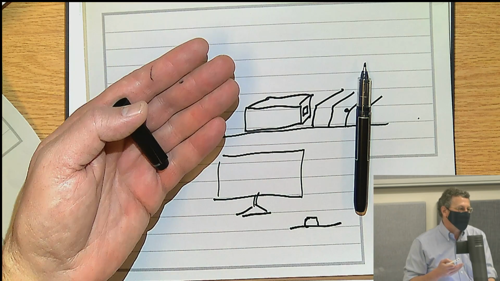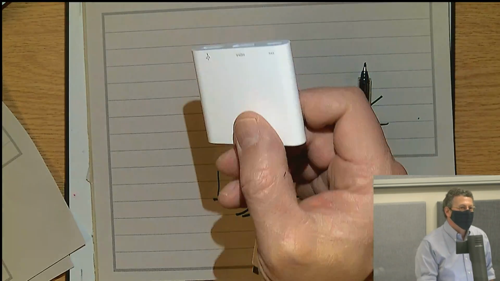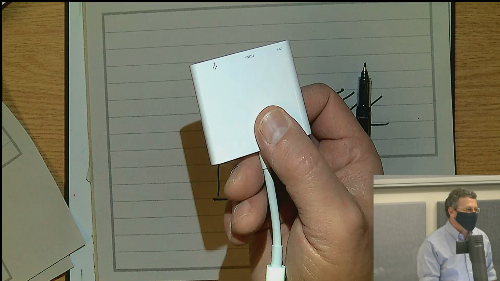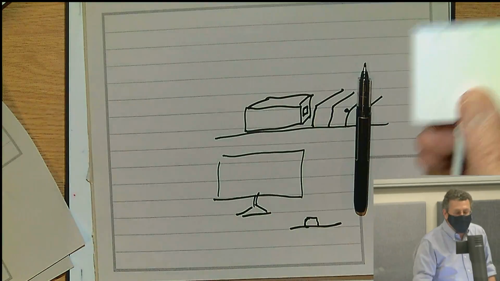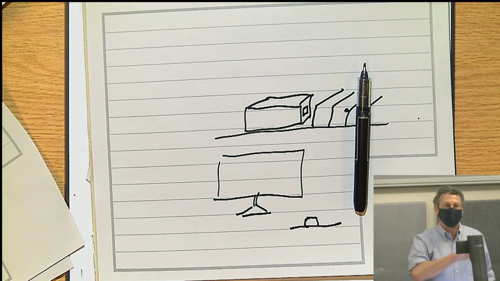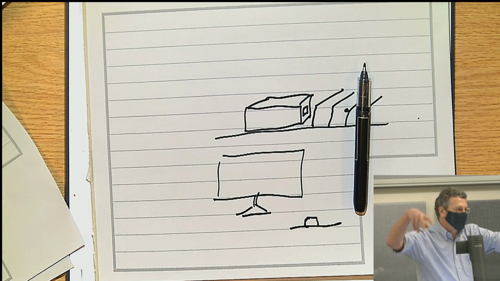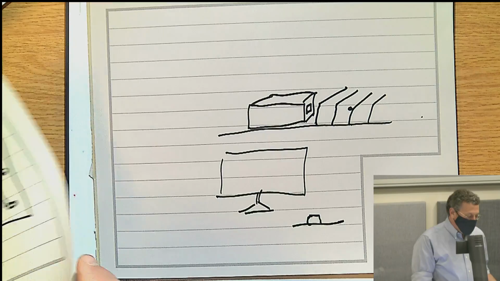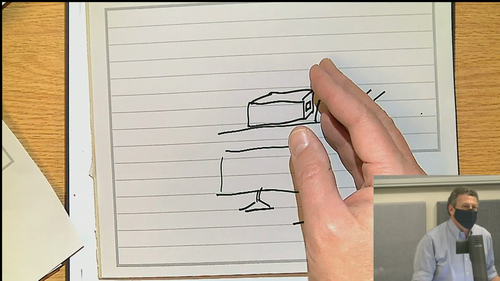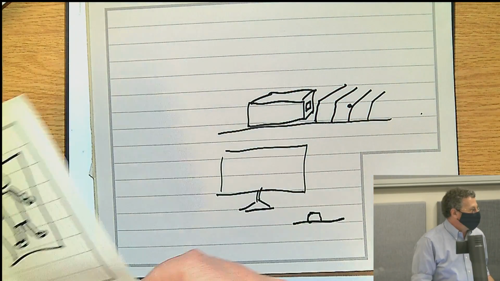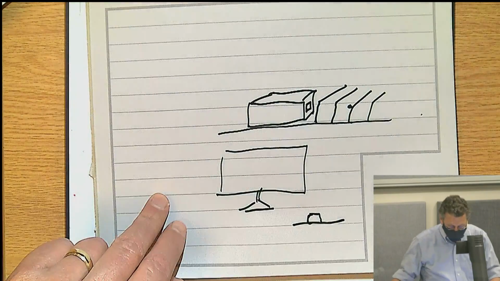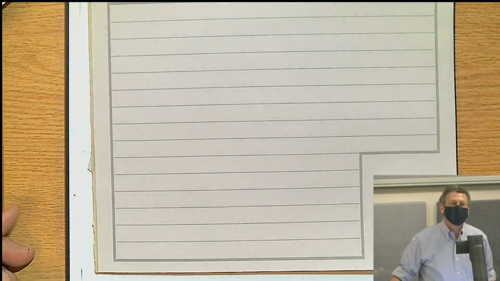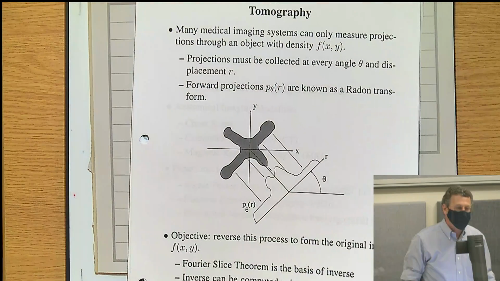They're now no longer just in your mind superimposed. When you go like this, your brain can reconstruct a 3D model. And I look out into this room, I don't just see a planar image. I see people sitting at chairs, right? So my point is this. There's way more information in a sequence of views with the object at different angles. And the computer can reconstruct that. So tomography is all about the reconstruction of a 3D model of an object from multiple views. That's sort of what it is.